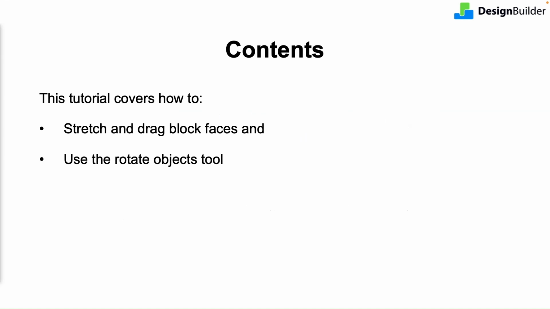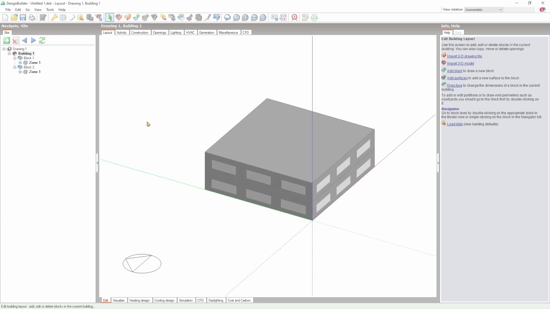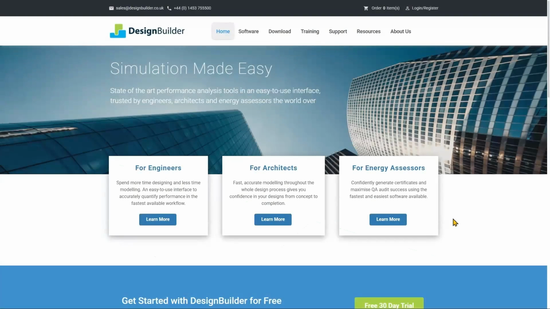Hello! In this tutorial, we'll introduce you to a few more of DesignBuilder's geometric drawing tools. During the tutorial, we'll show you how to stretch blocks, drag block faces, and rotate objects. I'll start with the stretch function, which can be used on